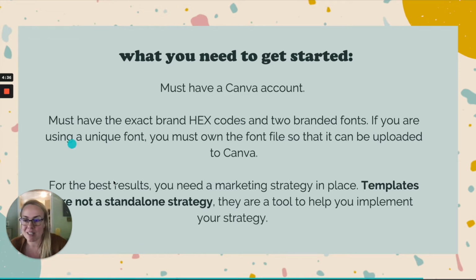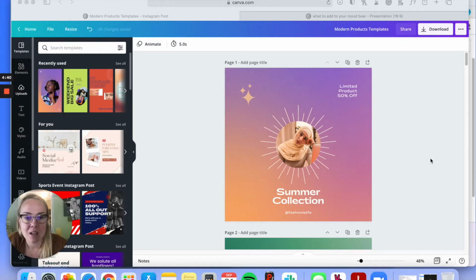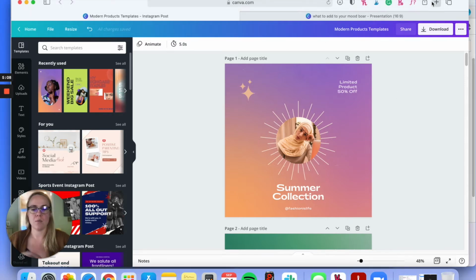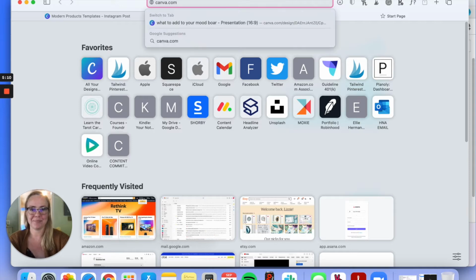So now I'm going to take you through a little walkthrough of using your Canva templates. Okay, so this is a small set of templates that we created for a client. They have kind of a modern lifestyle aesthetic brand, sort of going for that line of retro and a little bit futuristic. But let's say that we bought these and we want to be putting our own branding into them. So the first thing that I want to show you is just how you can go get your style. So if you haven't already, you want to go to canva.com